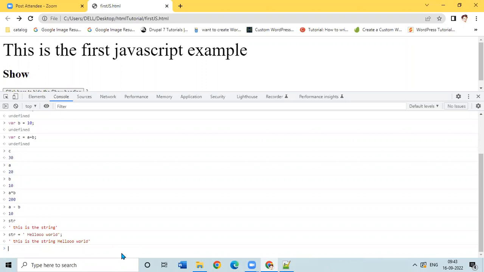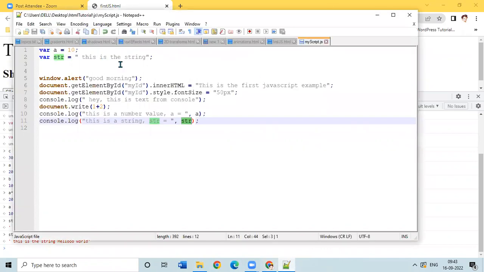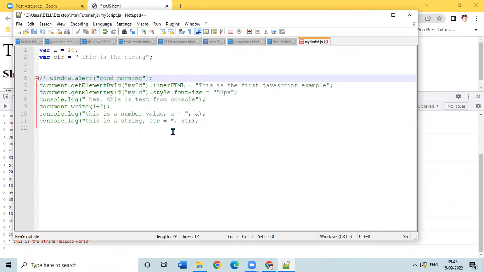And like how to comment in JavaScript, we learned already about CSS comments and JS comments also. If you want to comment this line, we do this double slash symbol, right? But if you want to comment multiple lines, you have to do like this, slash asterisk, and till here I want to comment, so till here you need to give like this, and the next statements will be available like this. Okay, if you want to comment one line itself, you can use a double slash. If you want a set of lines to be commented,